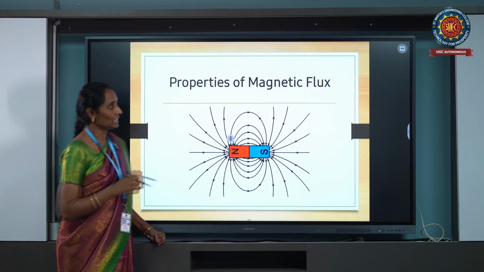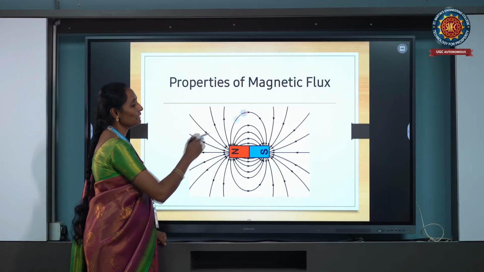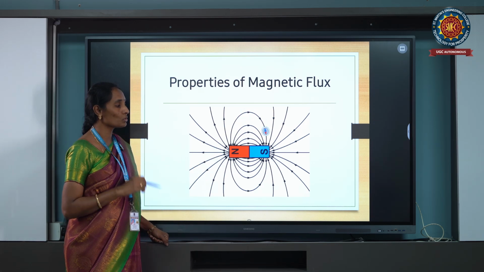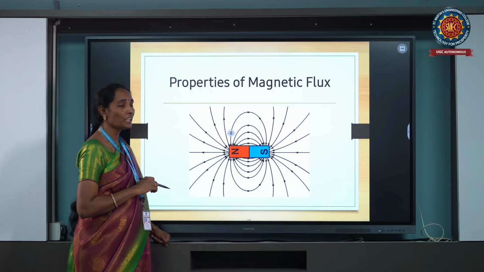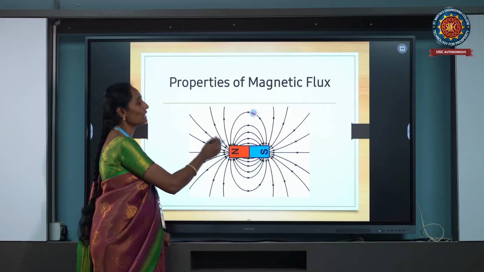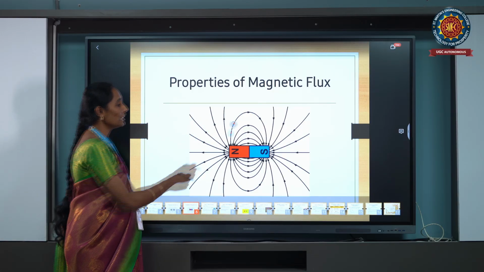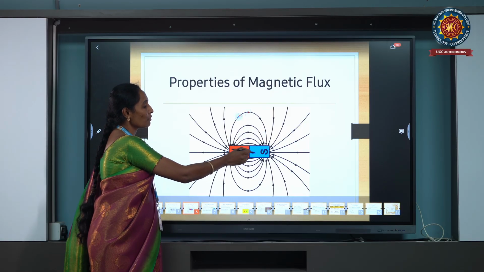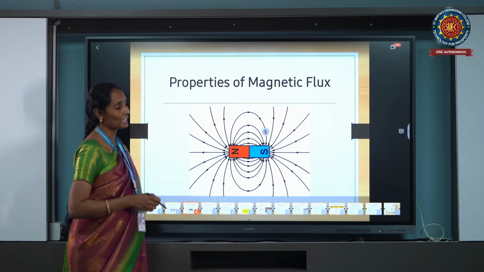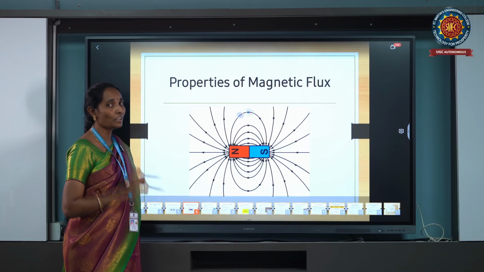Next, coming to the magnetic flux. The magnetic flux is explained based on a magnet. A general magnet has two poles, one is the north pole and the other is the south pole. According to the property of magnetic flux, the flux starts from the north pole and ends at the south pole, and internally these flux lines flow from the south pole to the north pole. According to that, the magnetic flux is always a closed loop and the electrical flux is always an open loop.